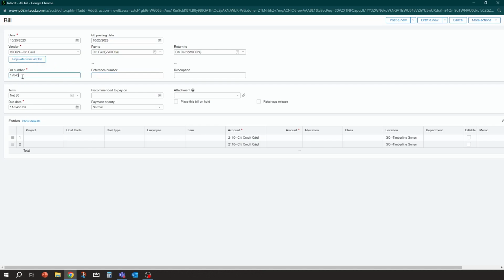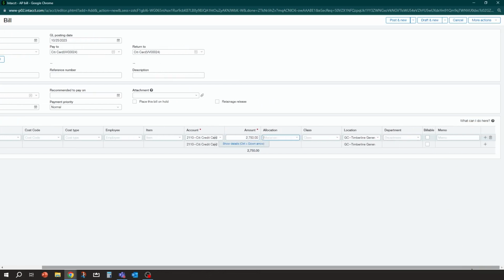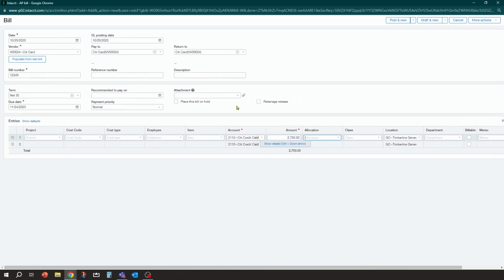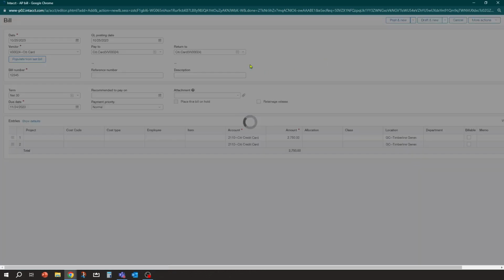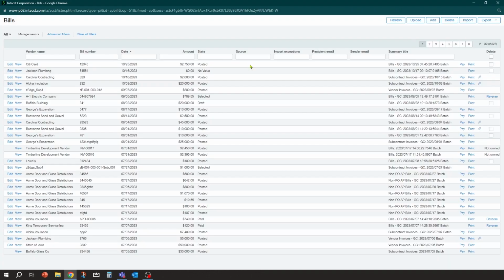And you put in your invoice number. You give it that amount, which was 27. I forgot the total. I'm just going to pretend it was 27. And at that point, you're pretty much done. You'll hit either post, or you can put it as a draft, and that's where you wait till you reconcile. But once you hit post, now it's going to pretty much take it out of your city credit card payable account and put it into accounts payable. And now you have a reconciled posted invoice in the system that can be paid just through a normal accounts payable process.